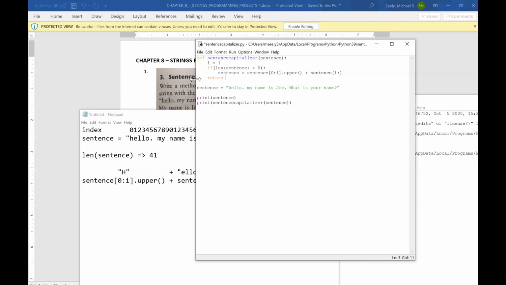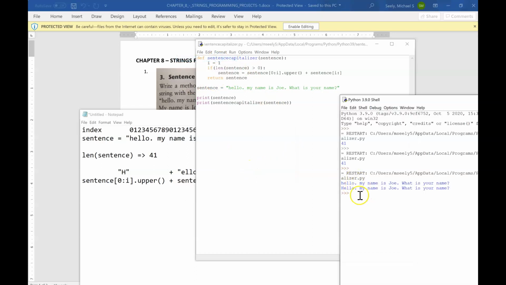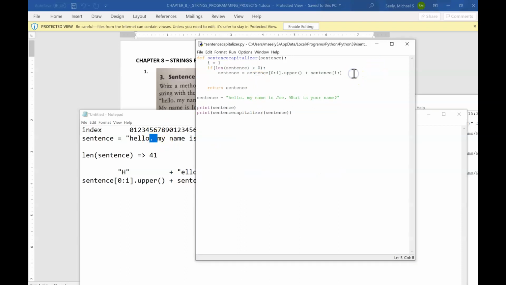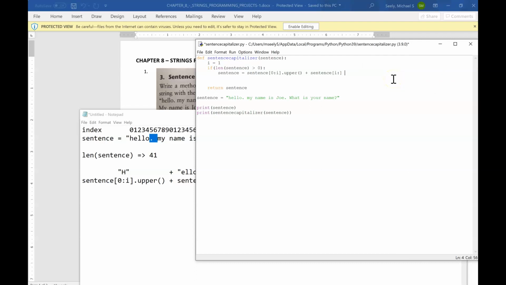And this is going to return our sentence. Okay, so that will return that back into here. So if I run this now, it should give me, so this is the original one, and now I've got my uppercase H, okay? Okay, so next thing we've got to do, now we've got to figure out an algorithm that can get through and uppercase the rest of them, okay? So this just uppercases,